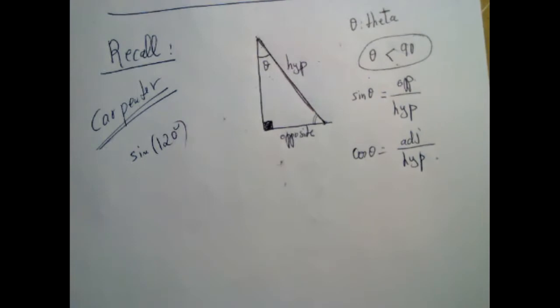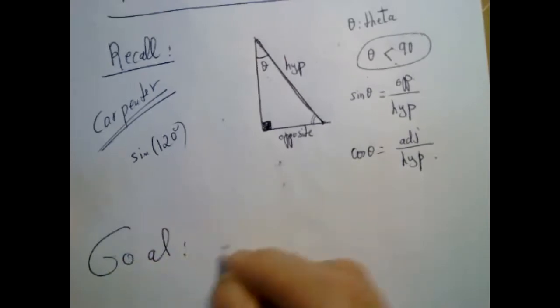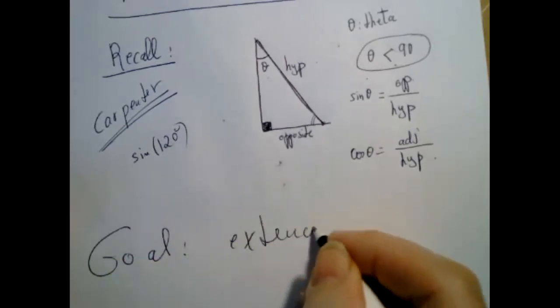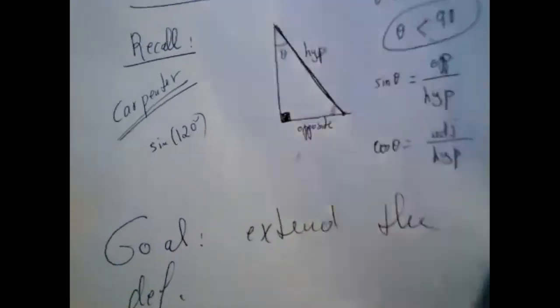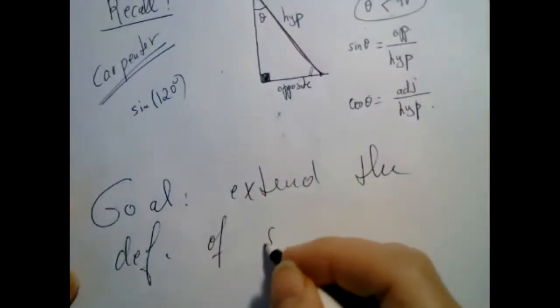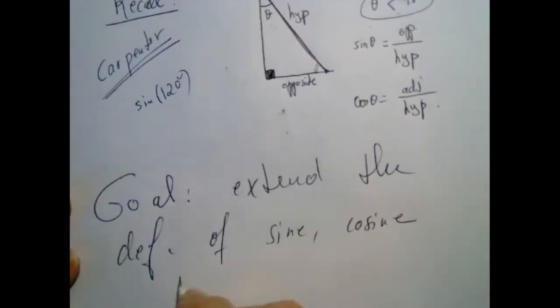That's really the goal of trigonometry. The goal is to extend the definition of sine, cosine, tangent and cotangent, which we'll be talking about, to any angle,